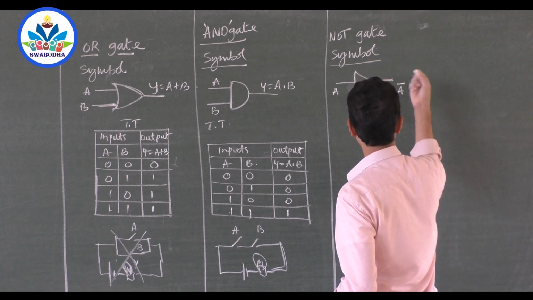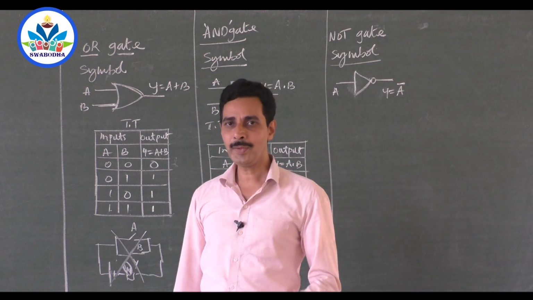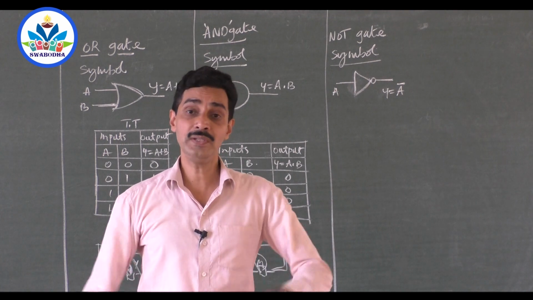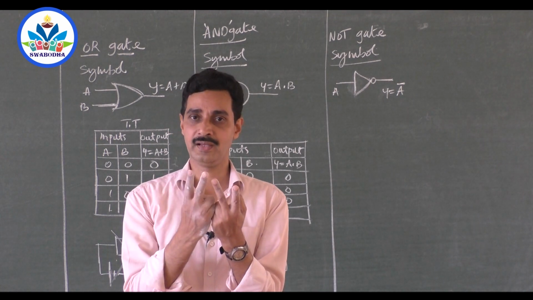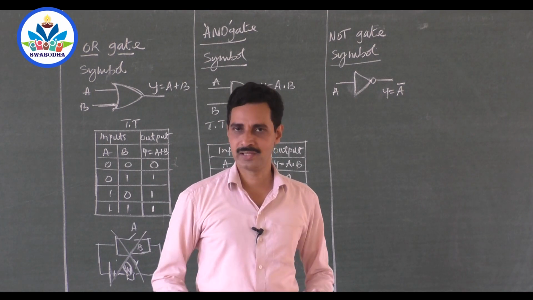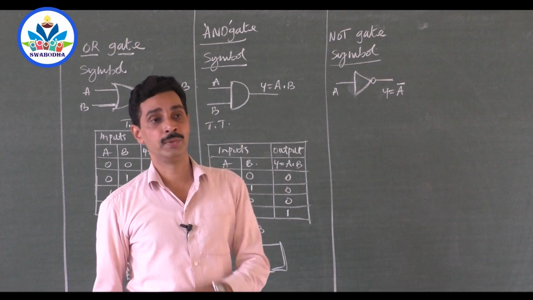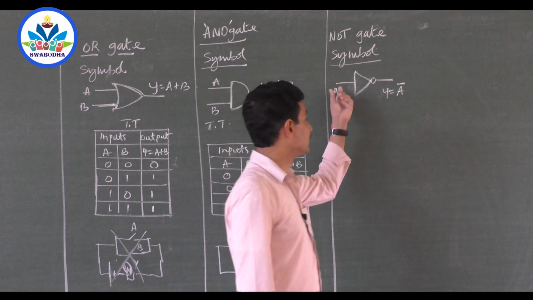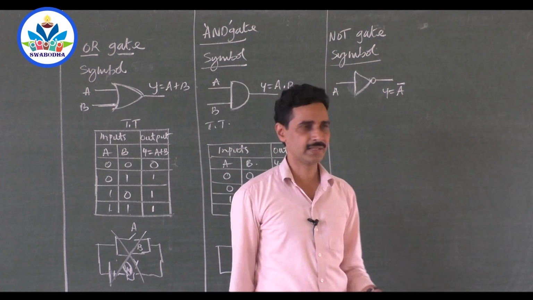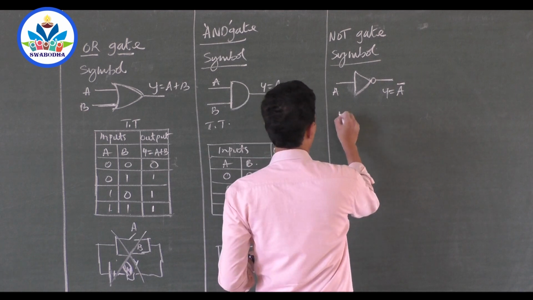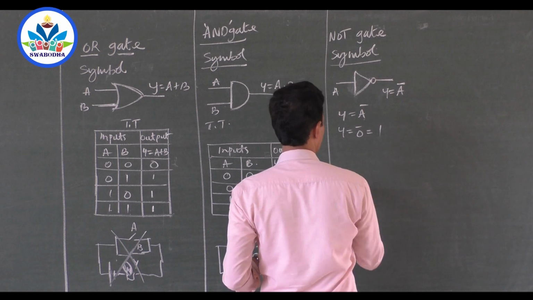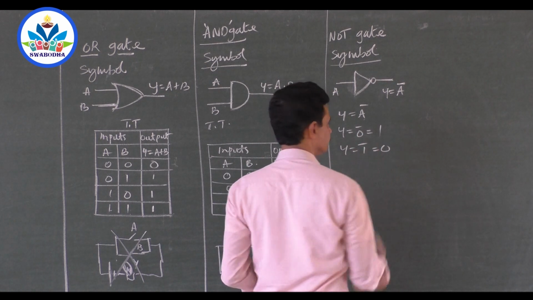Y is equal to A bar, we write. What do you mean by A bar? A bar says output is not the input. If it is not the input, then which is the output? You have only two items here. It's a binary system, a digital one. Either you have 0 or 1, right? If output is not the input, then it should be the other one. If the input is 0, output is 1. If the input is 1, output is 0. That's all the possible cases. So Y is equal to A bar means if A is 0, Y is equal to 0 bar, which is 1. If A is 1, Y is equal to 1 bar, which is 0.